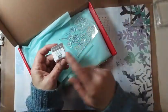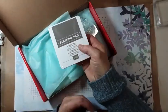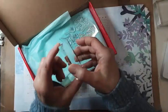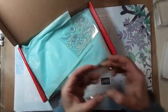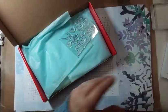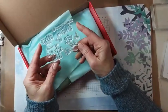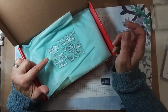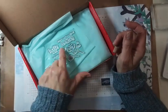All right, so our Stampin' Spot this month is Pebbled Path. And you'll remember that I often just swap out my bigger pad just because it's easier when I'm demonstrating. And if this was your very first kit, you'd get a size D block. And remember also that I use my more ergonomic blocks, often in different sizes that are available in my online store. Okay, so here is our stamp set. Some nice greetings. Hello, friend. Wishing you all the best. 1,000 good luck wishes. Okay, and then the dandelion